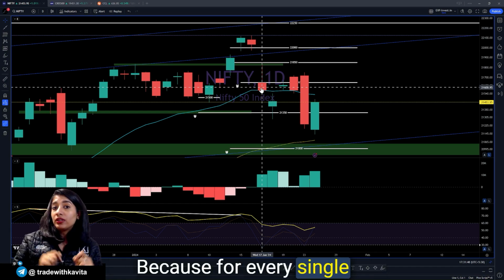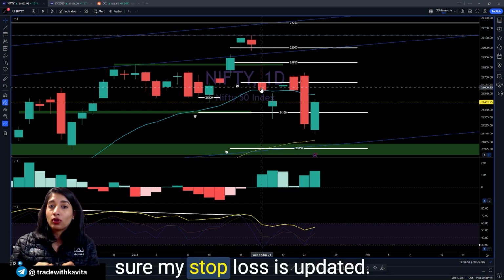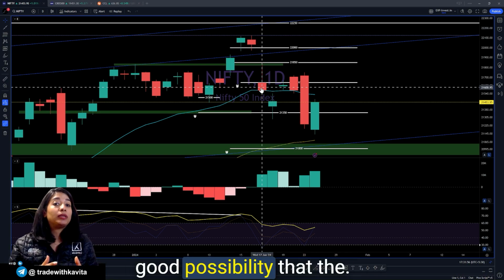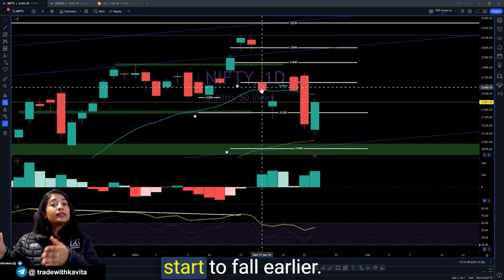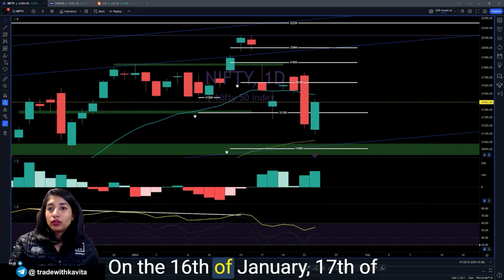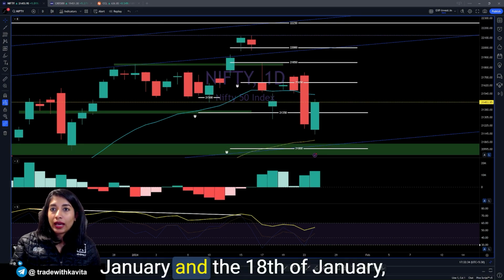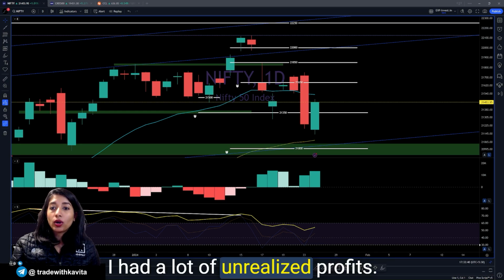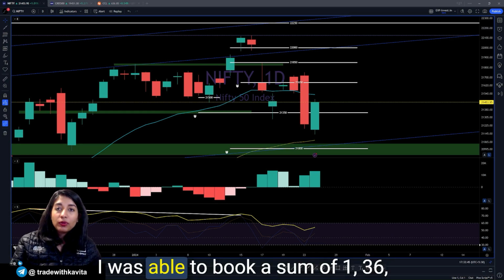Why? Because for every single stock in my portfolio, I make sure my stop loss is updated. So even if the broad market index falls late, there is a good possibility that the stocks in your portfolio start to fall earlier. Let me again take an example to explain this. On the 16th of January, 17th of January and the 18th of January, across my portfolios, because I had a lot of unrealized profits, I was able to book a sum of